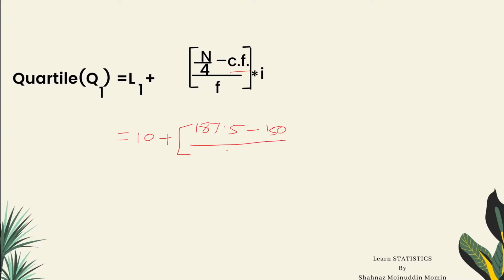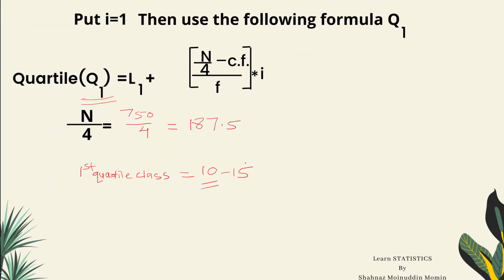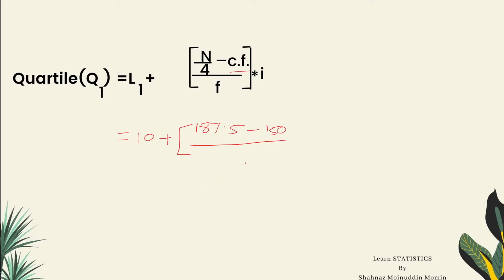divided by F, the frequency of the first quartile class, which is 145, into I, the class interval, upper limit minus lower limit of a class. 15 minus 10 is 5. So it is